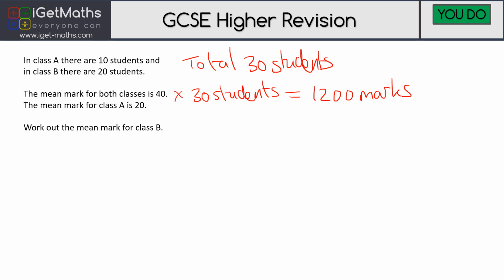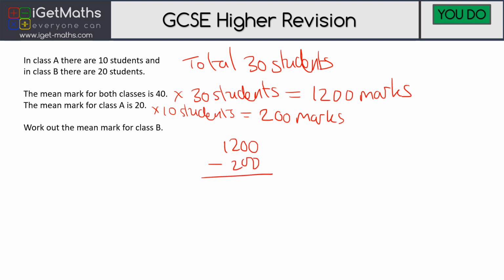Then the mean mark for class A is 20, and there were only 10 students in that class, so 20 times the 10 students. 2 times 1 is 2, and then you've got a 0 and a 0, so that is 200 marks for class A. If we do 1,200 minus the 200, that means class B